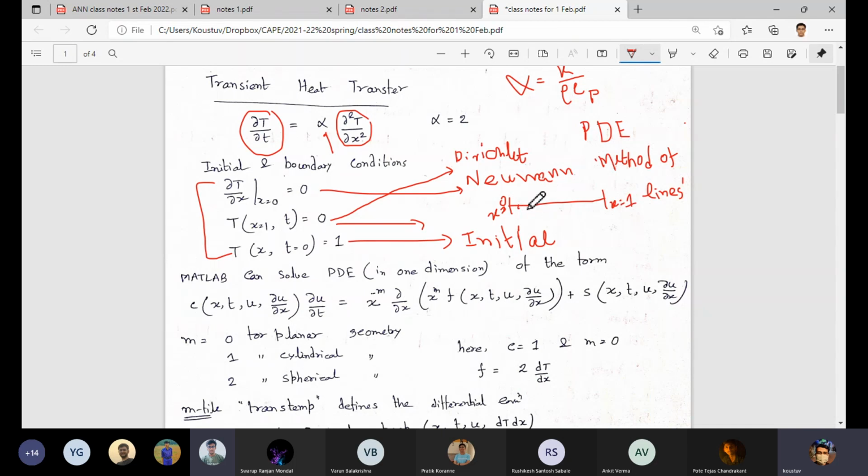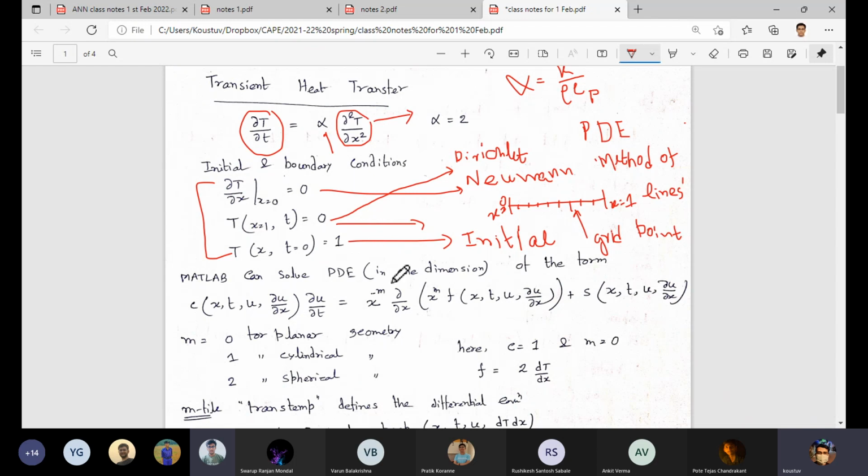So it sounds familiar, we discussed collocation points in the last class. So here we are going to divide the whole space into several grid points. We call each of these points a grid point, right? And then we are going to write the temperature at each grid point. That means we want to expand this del square T del x square term with the help of the finite difference method as the 3 point Newton's forward difference formula.